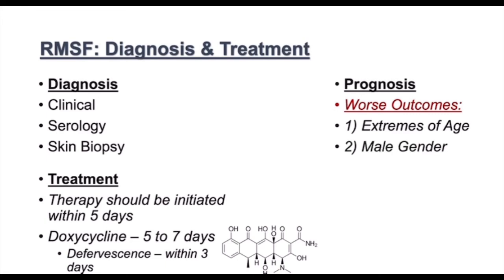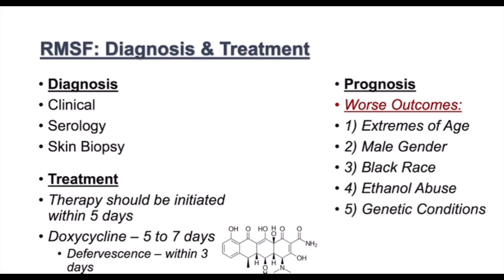Also, male gender offers a generally worse outcome. Black race, so an individual who's black may also have a worse outcome with this infection. Having chronic ethanol abuse will also lead to a worsening of prognosis, and certain genetic conditions such as glucose